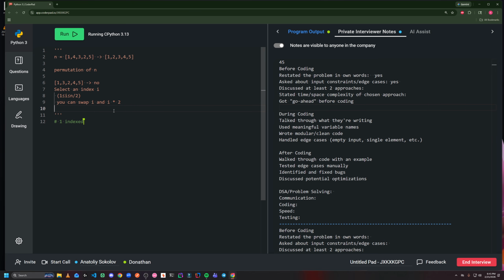Yeah, I guess I already said this, but just to make this clear, you can do this as much as you want. Yeah. Okay. So I could explore all possible scenarios of swapping I and I times 2, and then checking